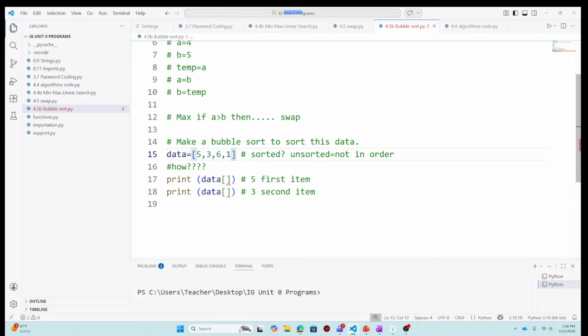Five, 3, 1, and then print. So the next line: print football data. Okay, and then that's good. And then print. And then